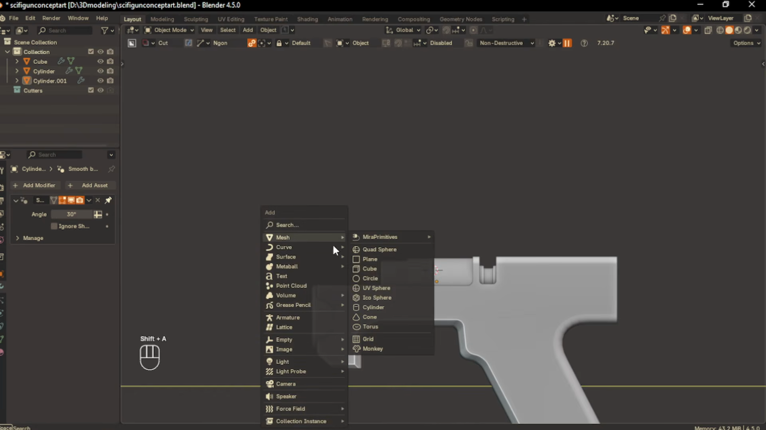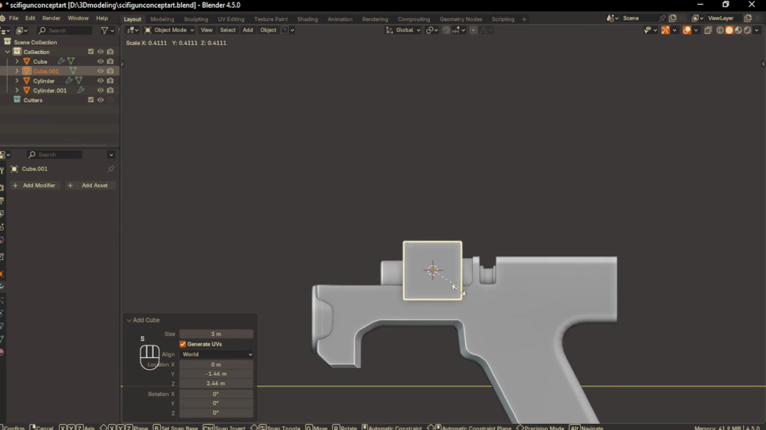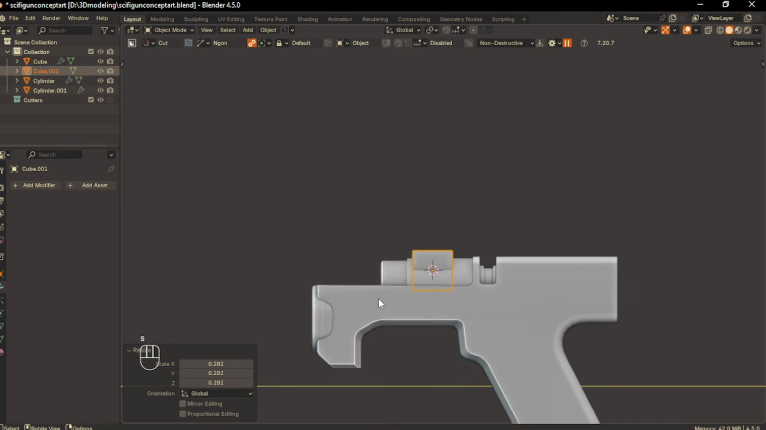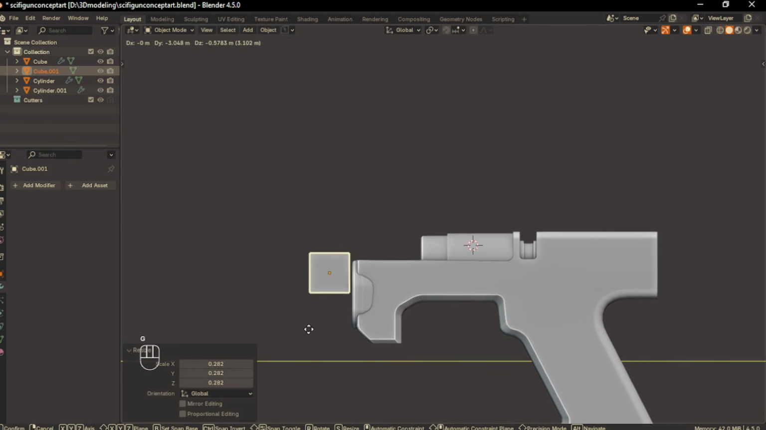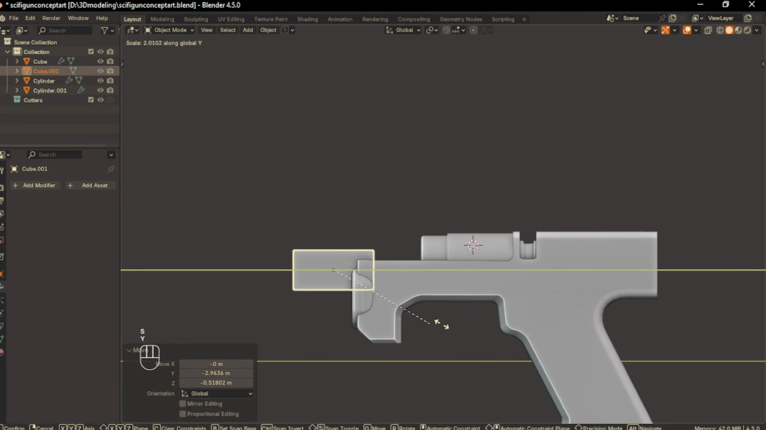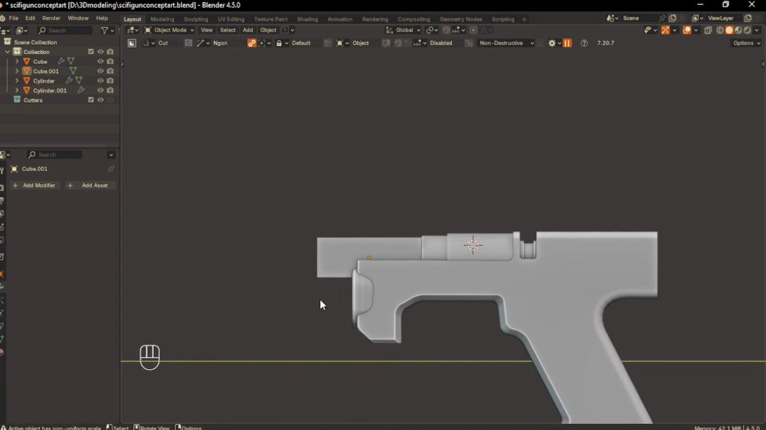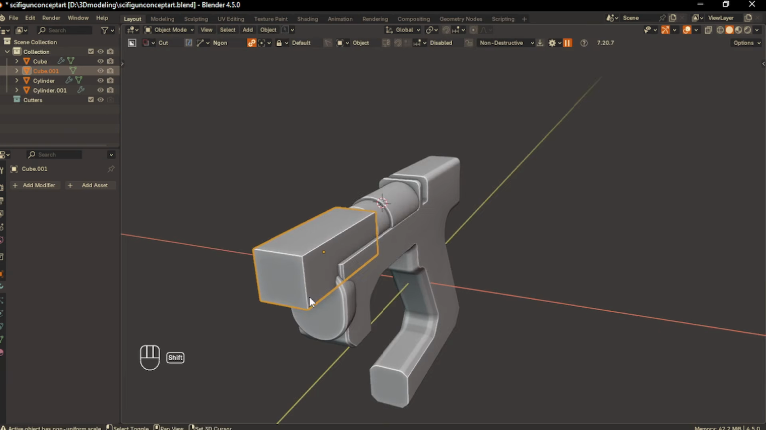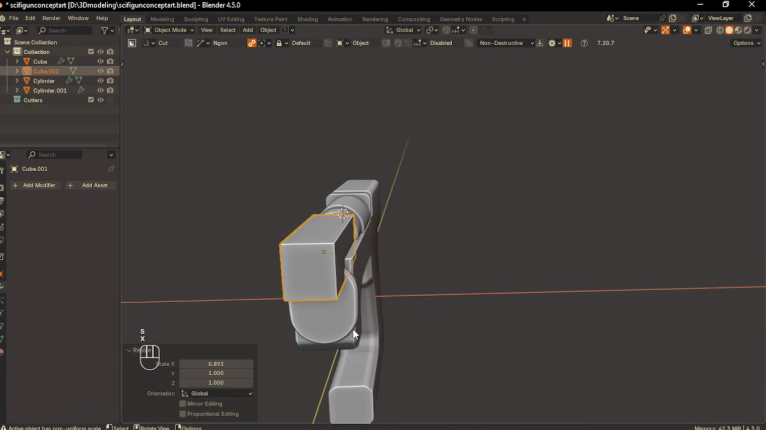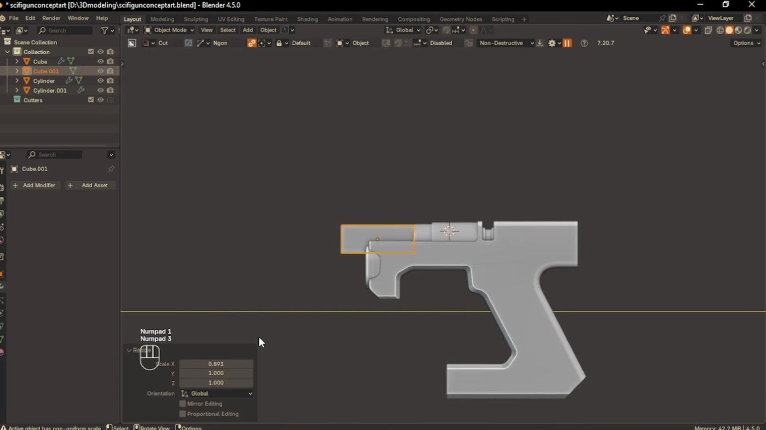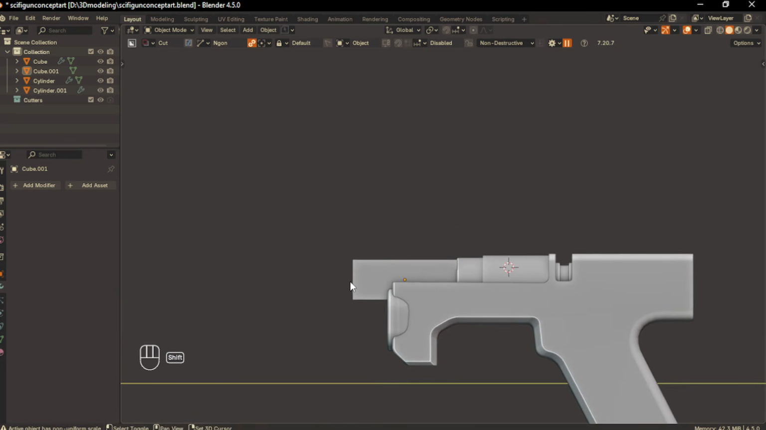Next, we could add a cube and scale it down. Just bring it to the right side, scale it on the Y, and move it up, and fill in the gap right here. Now, let's scale it a bit on the X, just to keep it tighter, and we could even make it a little more interesting by adding a few cuts. So,